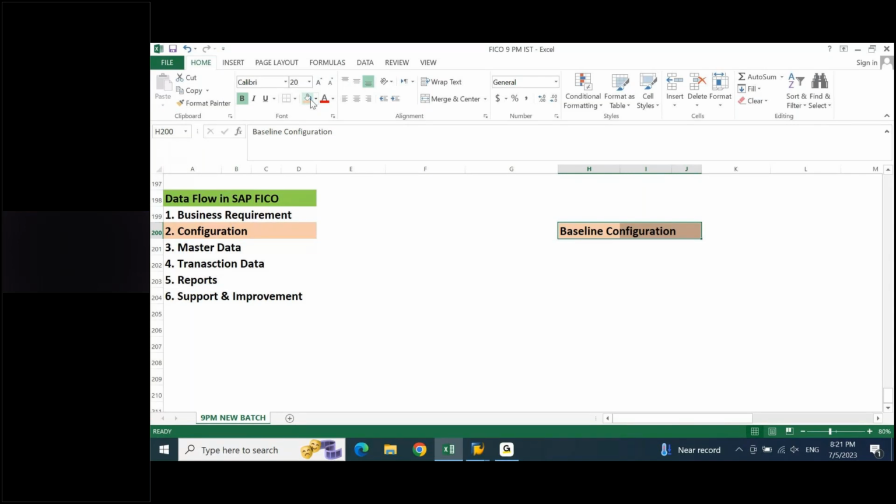Because you know how GL accounts are used, you know how vendor accounts are used, you know how taxes are posted, how fixed assets are used, how various other reports are generated. So as a FICO consultant, I have to sit with you and take you through the standard SAP functionality. This is how the GL module works, this is how the GL master is created, and you will be able to see the total GL list here. You can post entries like this. It is possible to make corrections once the entries are posted. If data is created, it is not possible to delete it.